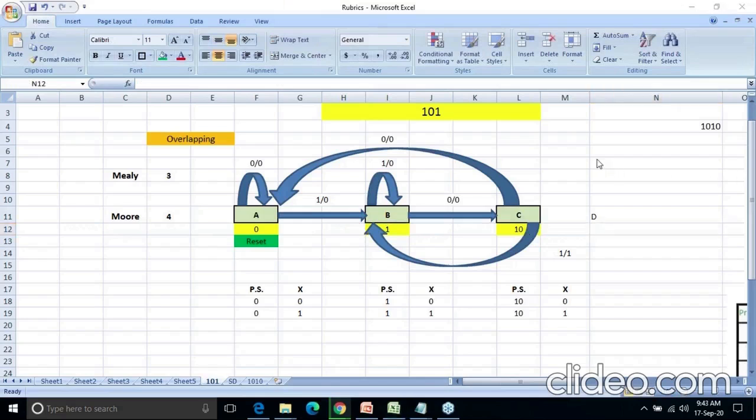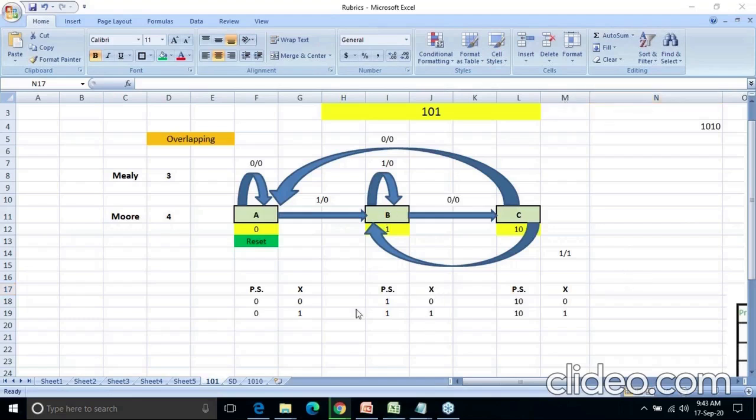Yes, everybody getting it? That is the first 3 bits. The first 3 bits of the sequence are 1, 0, 1, and that's why I need to write 1, 0, 1. Is it clear? However many bits you have in the sequence, that way you need to write: first bit, first 2 bits, first 3 bits, first 4 bits, likewise. These are very important steps. In some books you will not be able to see this, but if you do it this way, it will be much simpler. So hope the things are clear.